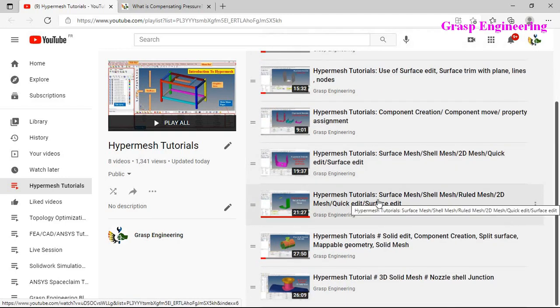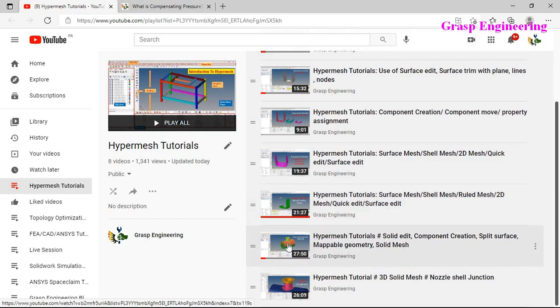If you refer to our last two videos for HM, you will find that the present video uses this nozzle shell junction, and you need to follow these two tutorials before going to this video. In the first video we discussed how to split the complete solid geometry so that we can create a mappable mesh, and in the next we created a 3D solid hex mesh. So we will use this same file for our present video. So let's go to